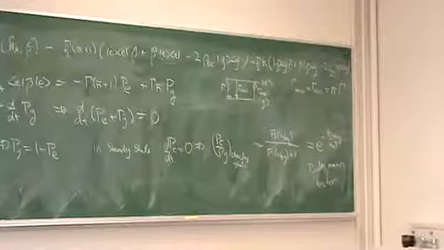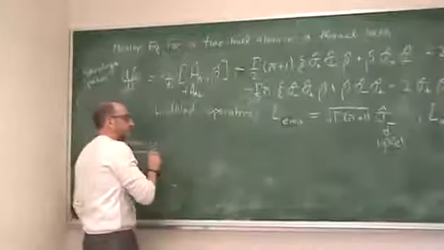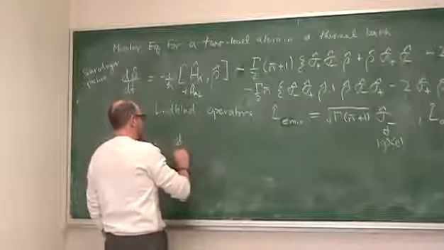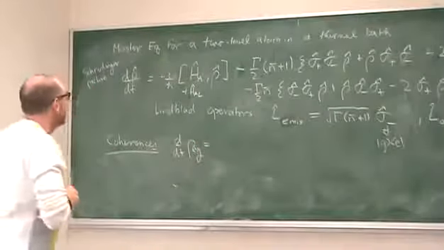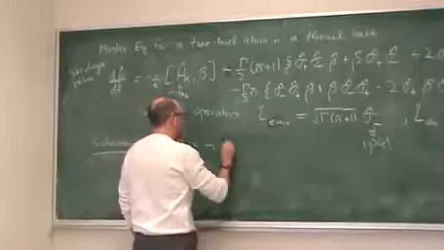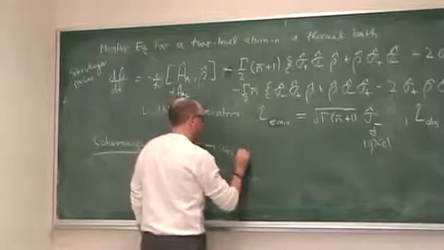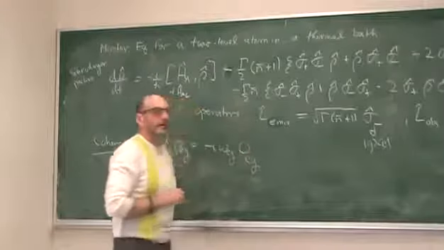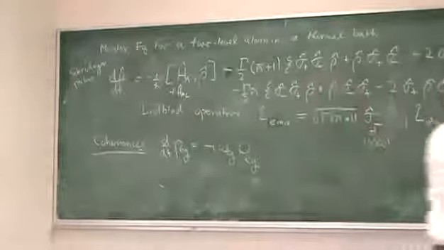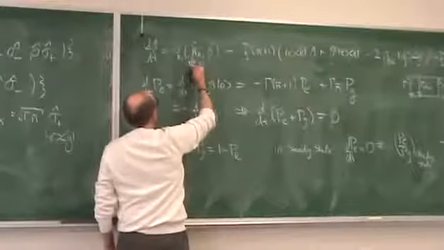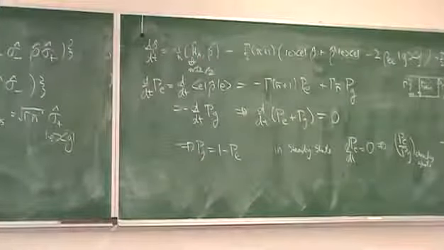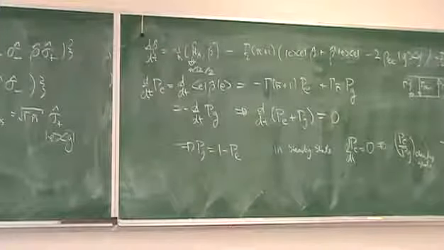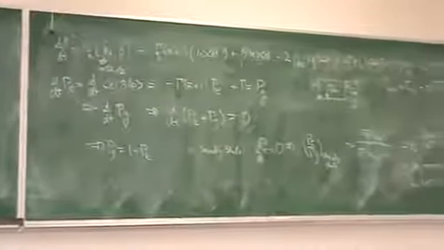The coherences. I look at the rate of change there, that's equal to minus i times the difference. That comes from this term. Remember, this is equal to the z, say. That gives us that term. And then we have this other stuff. And so what do we get there? Well, we get